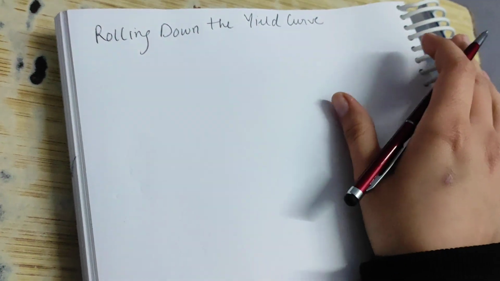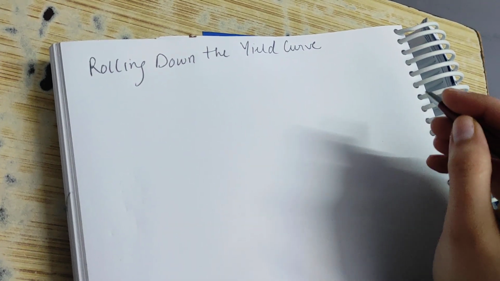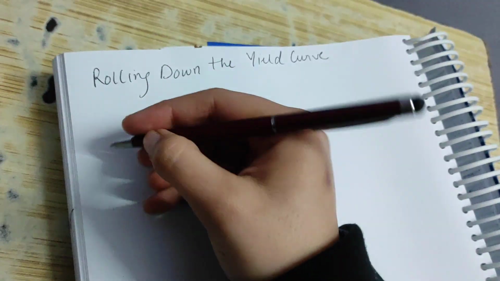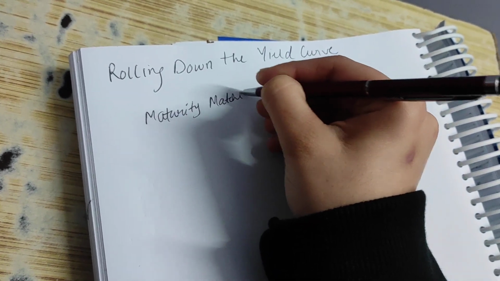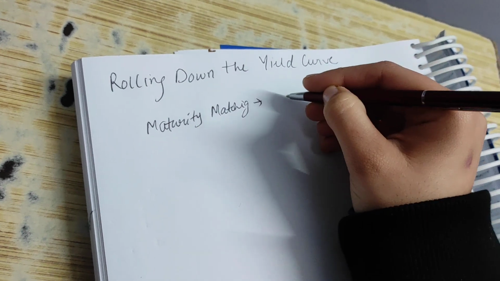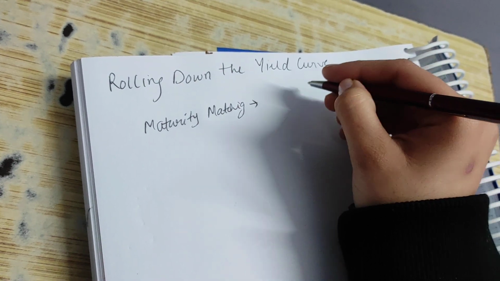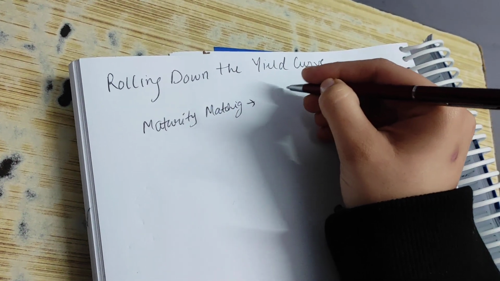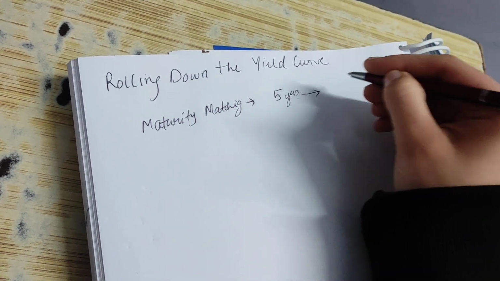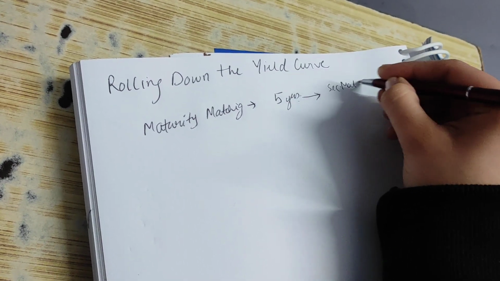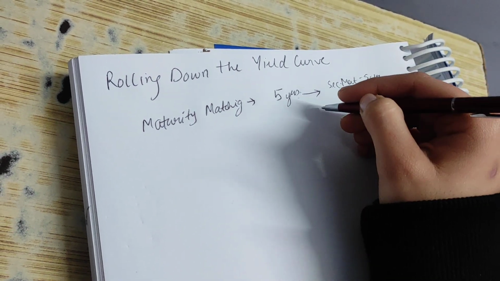So let's just start with simple things. For example, what an analyst or investor generally does when investing in a fixed income security is a maturity matching strategy, which generally means the investor's horizon of investing in a security is the same as the security's maturity. For example, an investor wants to invest in a security for 5 years. He has an investment horizon of 5 years, and he invests in a security which has a maturity of 5 years. So if the yield curve remains the same, it doesn't change,